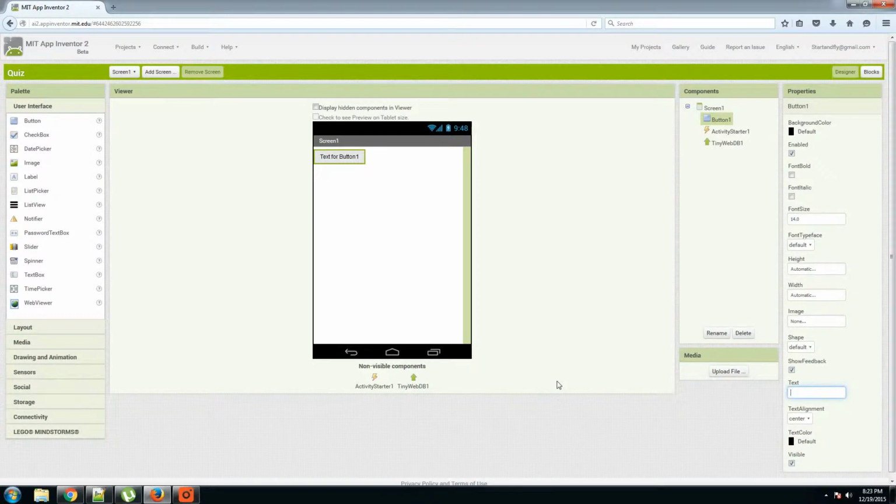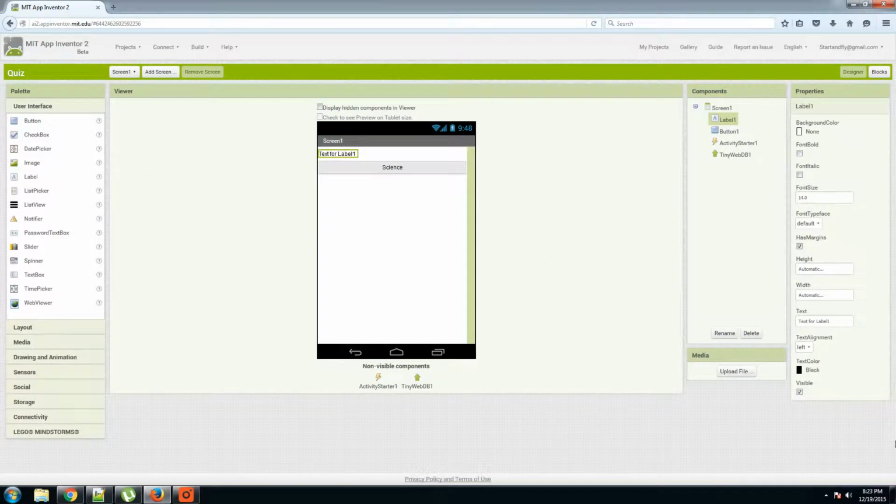Okay, then we will add a button. Name it as science, because when I press the button, we need to go to the form. Then extend this URL. Okay, then we'll pick a label, name it as weekly quiz.